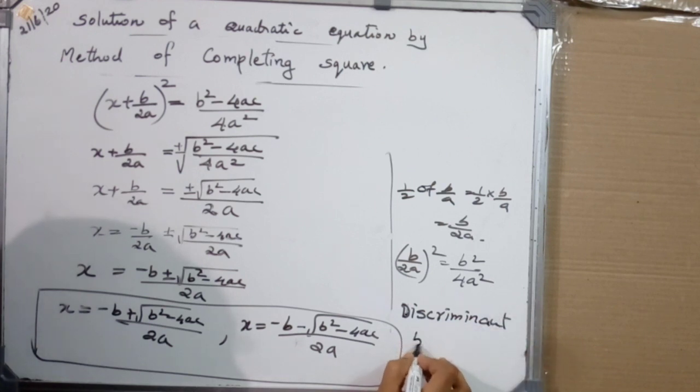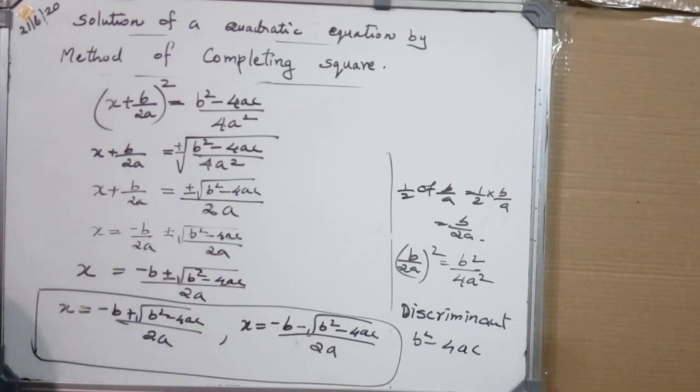What is the discriminant? b square minus 4ac. It discriminates the nature of the roots. If b square minus 4ac is a positive number, that is, greater than 0, we have